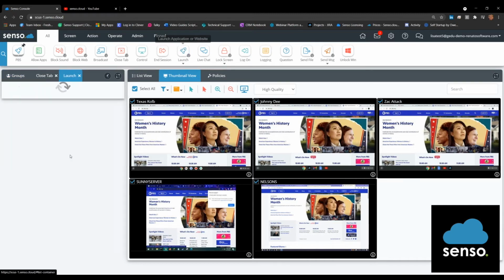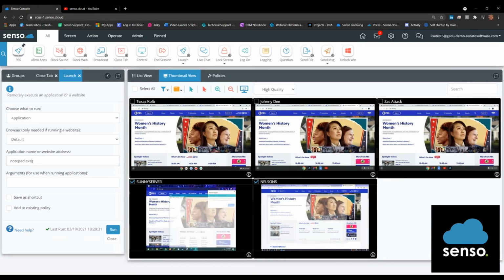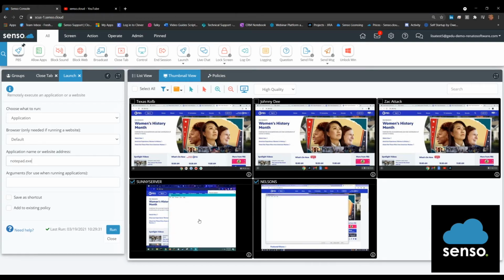Okay, you can also launch applications. Now, on Windows devices, these are going to be things that are locally installed on there. Let's just use notepad.exe, msword.exe, Excel, Access, whatever is locally installed on there that you want to automatically run. You could use this to do that. One of the things I don't think people realize is that you can also utilize this tool to run extensions